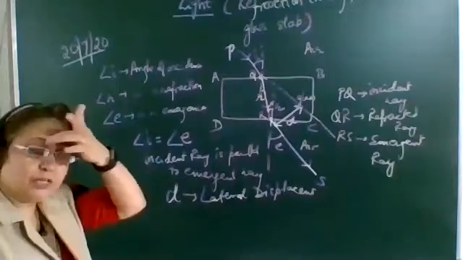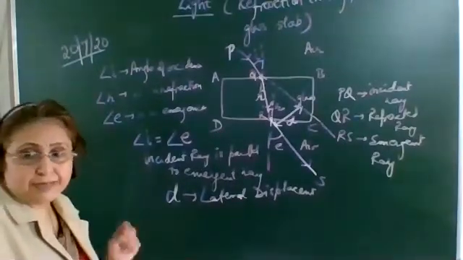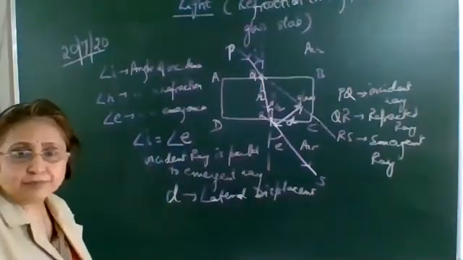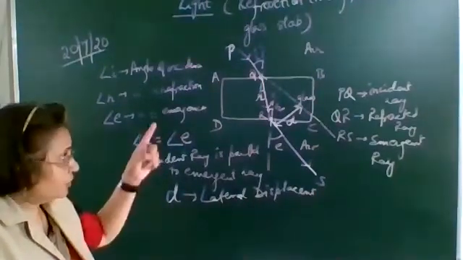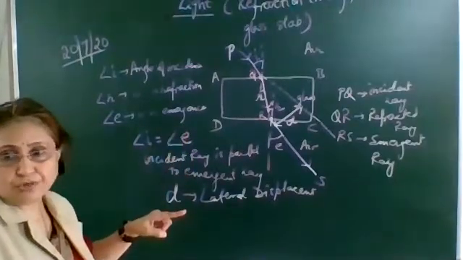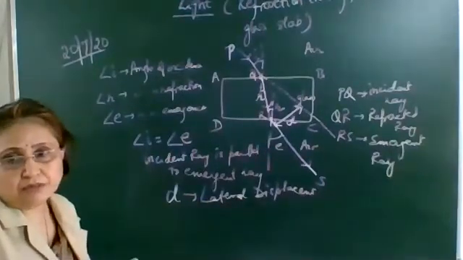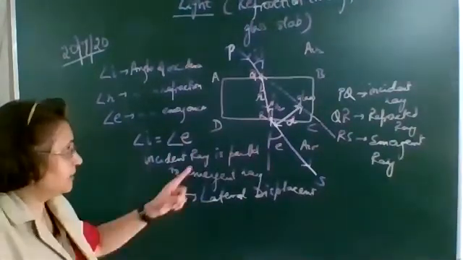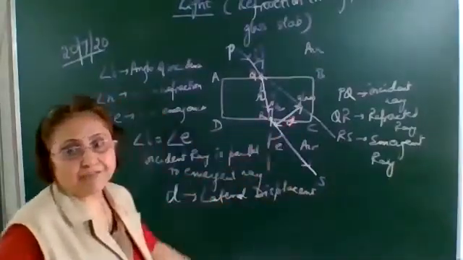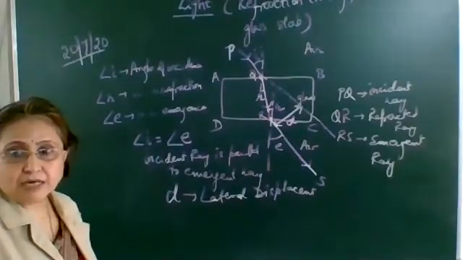At point R, draw one perpendicular to the CD face. This is also called the normal. Now the QR ray is passing from glass to air, so you should know which side it will bend. It will bend away from the normal. Glass to air, denser to rarer medium. So don't draw a straight line. Bend it away from the normal and draw the ray RS.